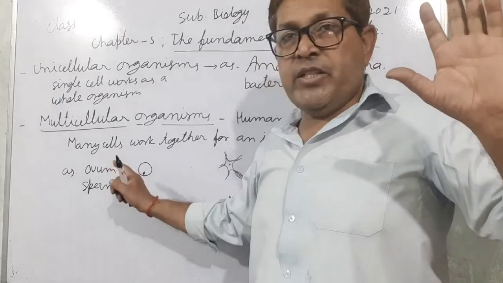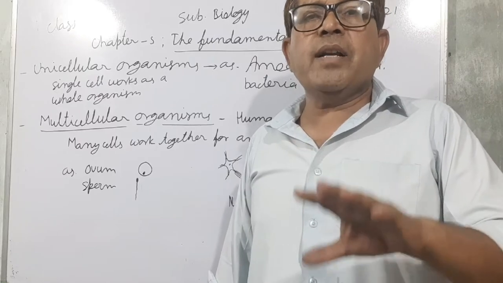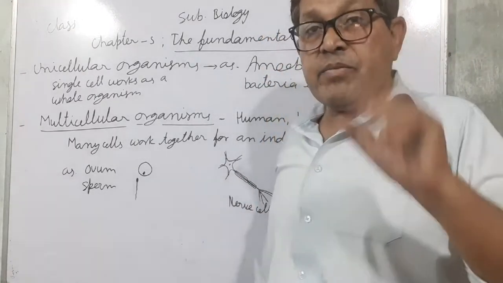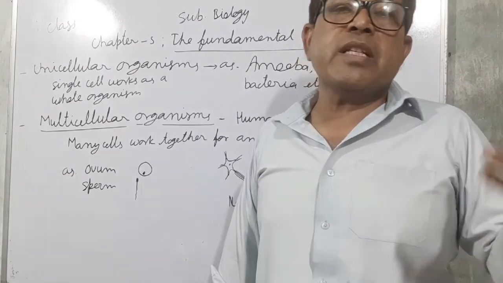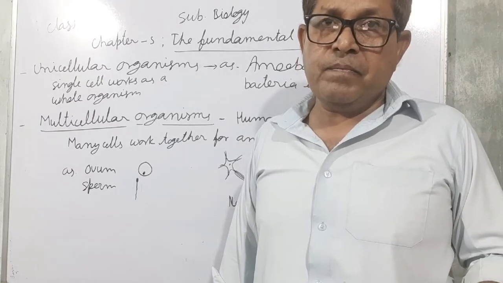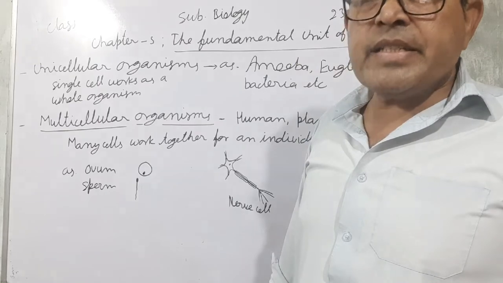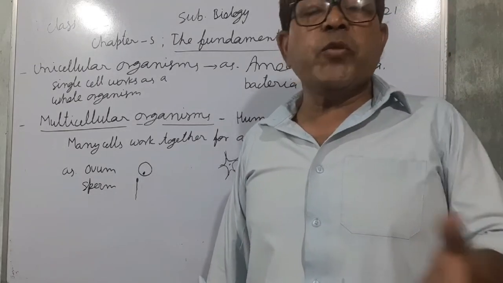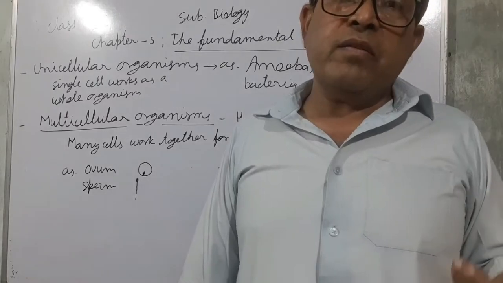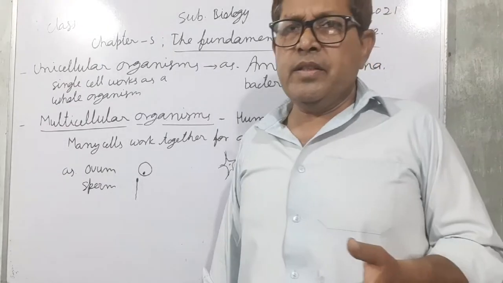As you know, these are gametes. They are involved in reproduction, and they will perform only the process of reproduction. In the same way, nerve cells are related to sensation. In the same way, blood cells are involved in the transportation of gases and protection of our body. So here division of labor is present.